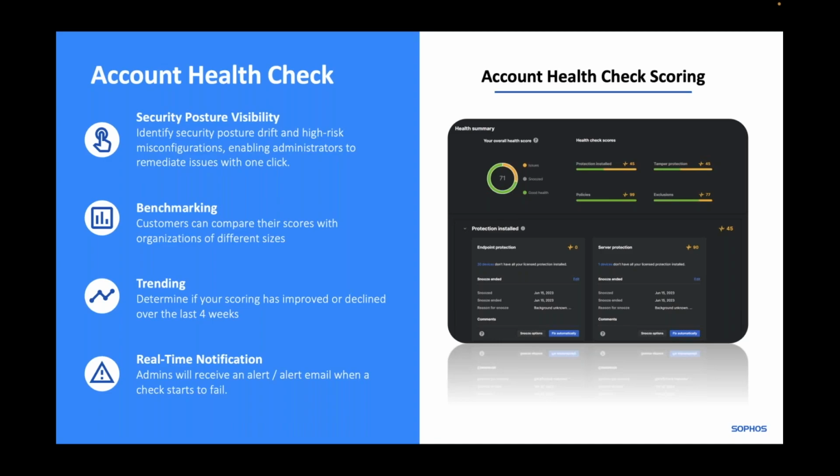So it will assess your security posture and highlight where maybe you're not following best practices and then give you the opportunity to review those. This is by no means a substitute for having a Sophos engineer take a look at your health status, but it's a good check to see how your policy is looking and to make sure that it's appropriate for your needs. And again, bear in mind, if we look back to how the cyber criminals operate, any kind of vulnerability they get hold of, they will utilize.